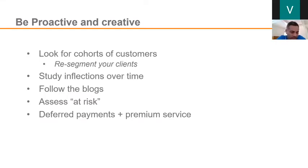We were saying, okay, this customer type has these two inflection points where they tend to cancel. We look at a different customer type, maybe an enterprise customer type, and we say, okay, well, their inflection points are 1 year in and 1.5 years in, right? So looking at these cohorts was really important. Another thing here was